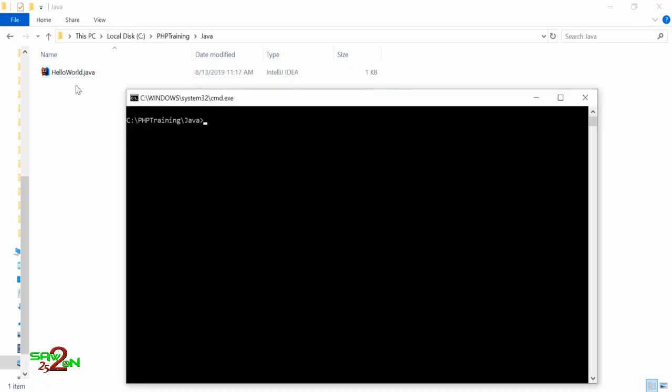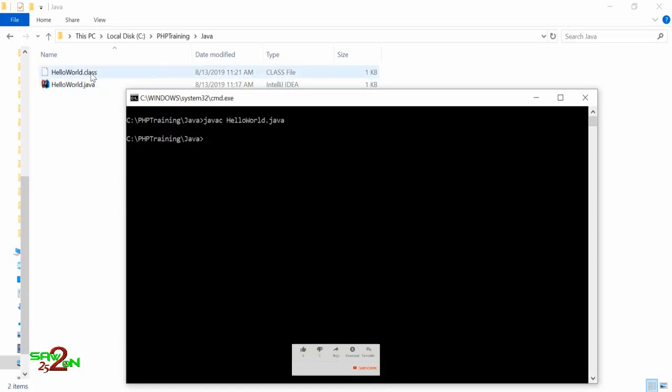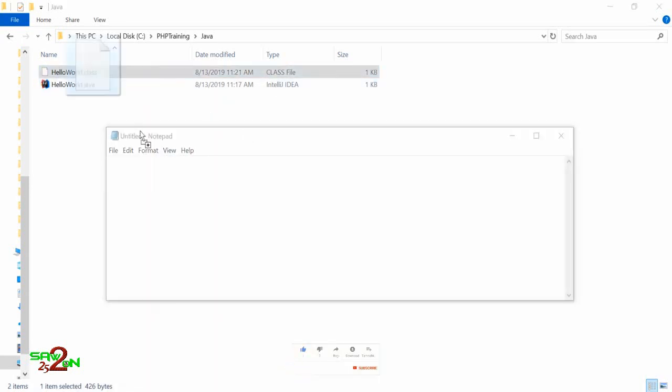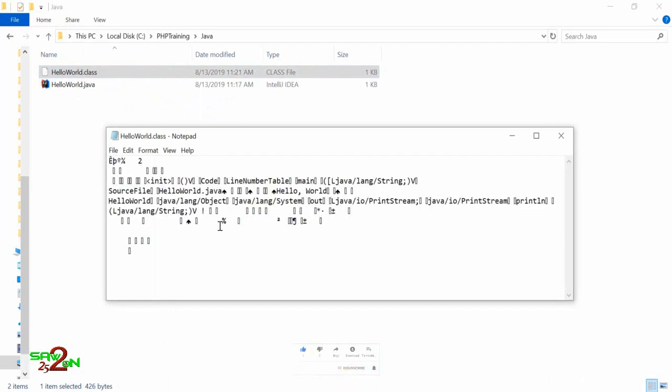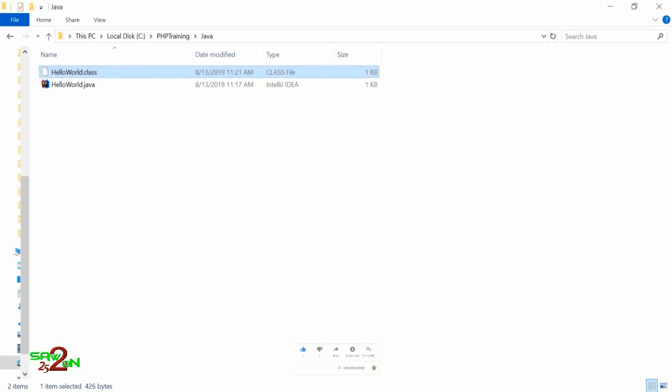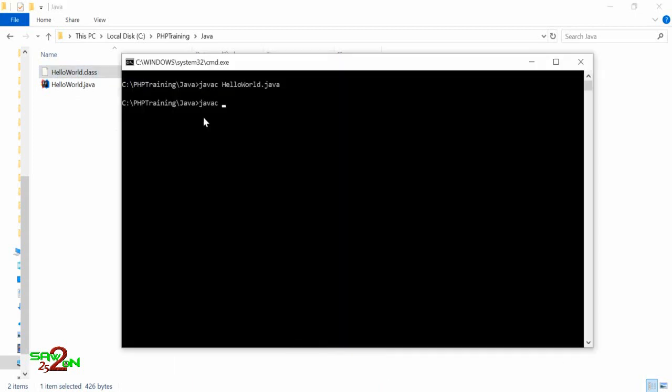So let's run this program. Before you run this program in the programming languages, you have to compile this. When you compile, you will get something called machine level language. So when you compile, observe there's a file created, and you can only run that file. Okay, so let's compile the program. And when you compile the program, it will create something called a class file. So let's open this file. Okay, you cannot understand this program, right? Because this is machine level language. Okay, so let's run this.